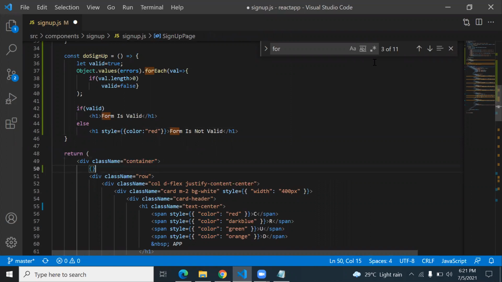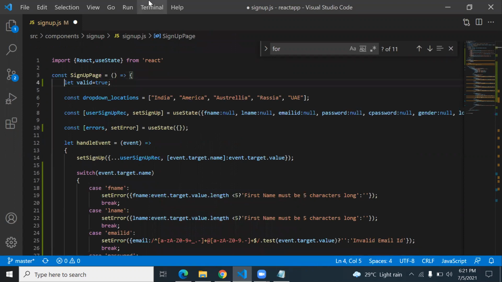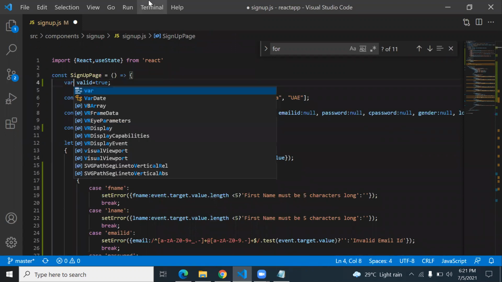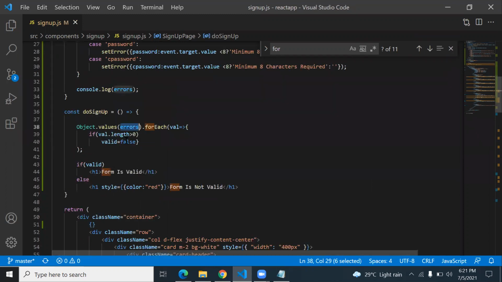So simply what you do here is you write an expression, and take this variable outside. So if there is an error, then you can show that the form is not valid. This variable I declare at the top of the page here, with the var keyword, valid is equal to true, and here I'm using it to set valid is equal to false.